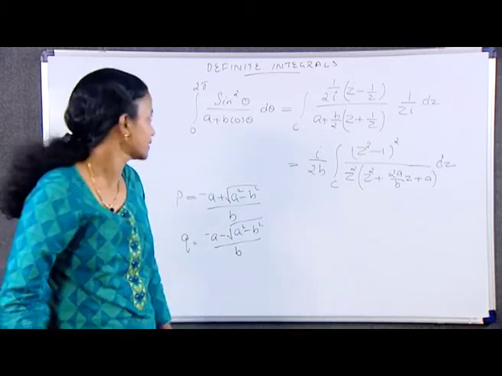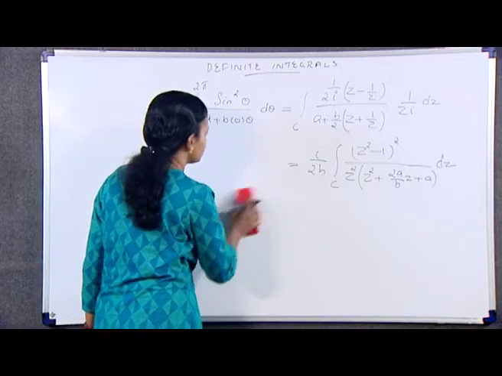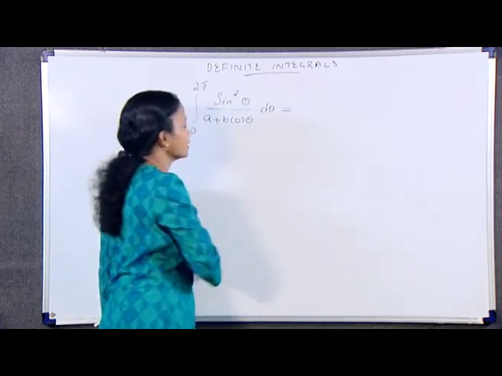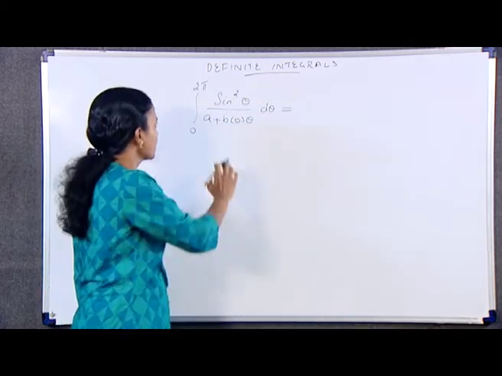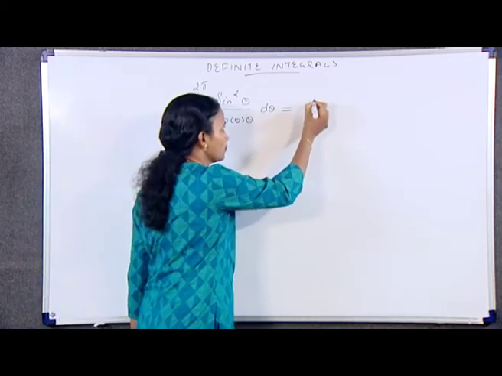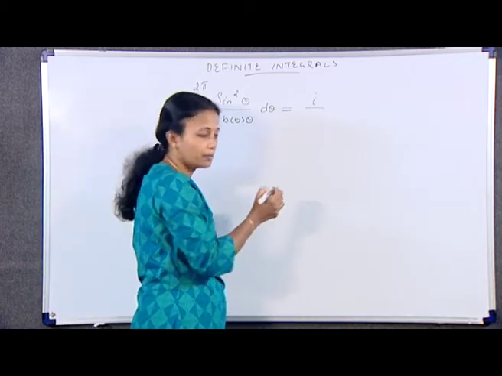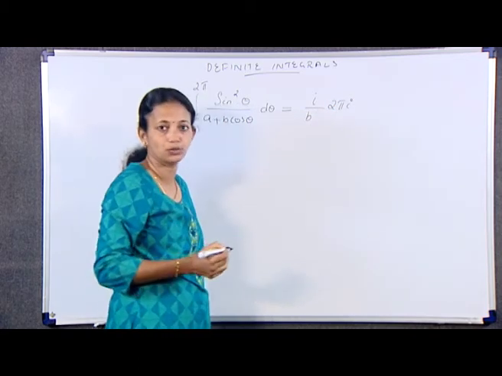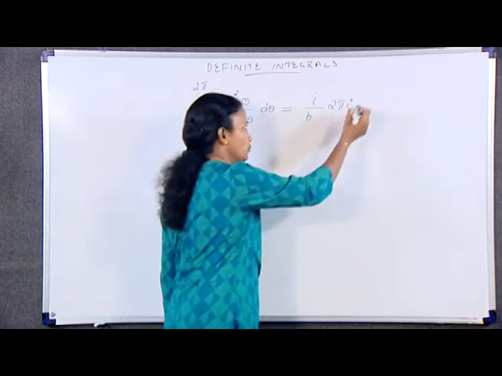And hence, integral 0 to 2 pi sin square theta by (a plus b cos theta) d theta is equal to i by b into 2 pi i into (R1 plus R2),